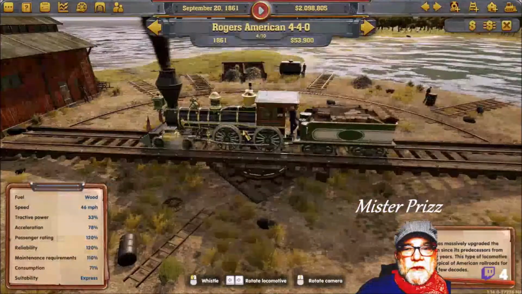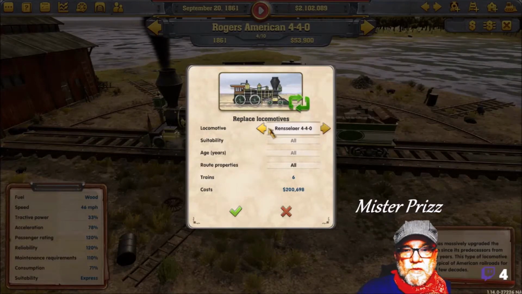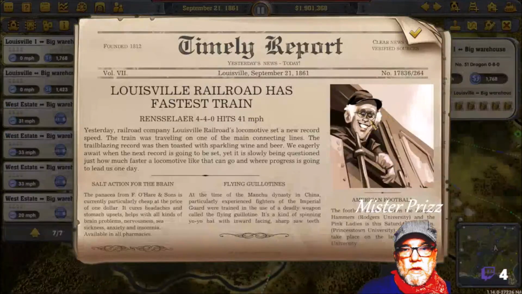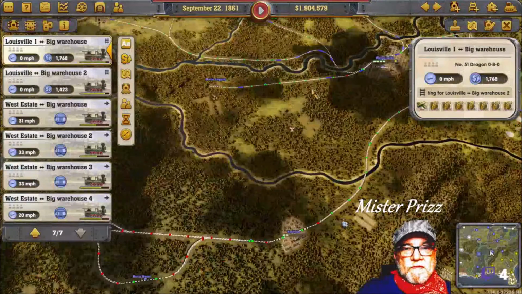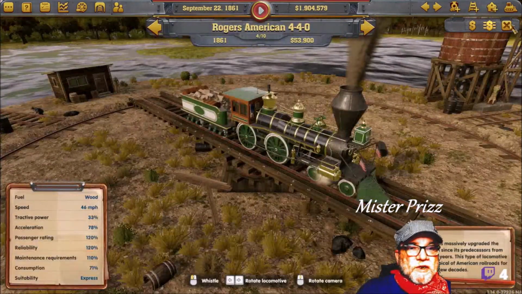That's a pretty train. That's a pretty green. Okay, replace the Rensselaers. Ooh, that's going to cost a bit of money, but these are a lot faster. Okay. See, the Rensselaer just hit 41 miles an hour, and this thing's even faster. This one will hit up to 46, so